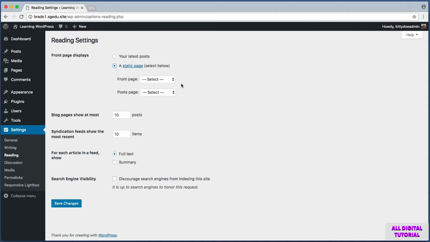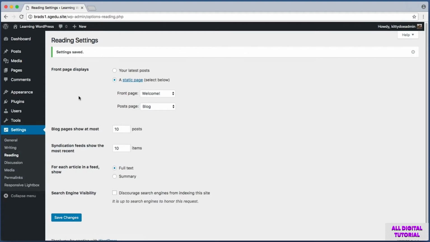So this first field lets me choose what I want my front page or home page to be. So if I click on this, I can choose from any of my currently existing pages. I'm going to choose the welcome page that we created just a moment ago. I want that to be my front page or home page. And then for this field, the posts page, that will just be the generic blog listing. So again, I can choose any of my pages, but obviously I'm going to choose that brand new blog page that I just created. All right, this looks good. So now I'm going to click this blue Save Changes towards the bottom.